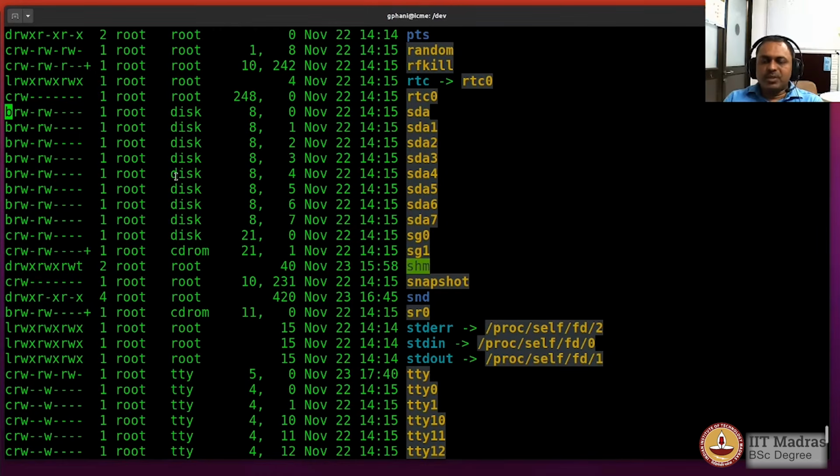So when you want to read from a hard disk, you would read one block at a time. Typically a block would be either 512 bytes or 1 kilobyte or even 4 kilobytes depending upon the configuration, and in Linux typically it is 1 kilobyte. So if you see these devices which are listed as sda1 up to 7, these are block devices which are available as files as far as the file system hierarchy is concerned.